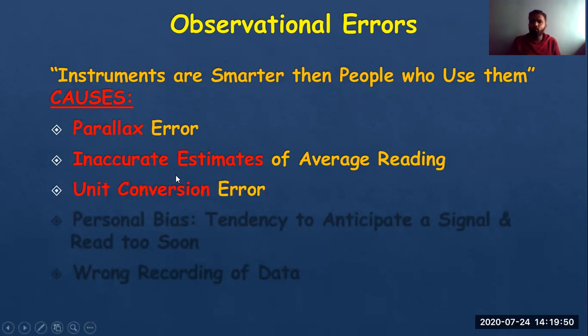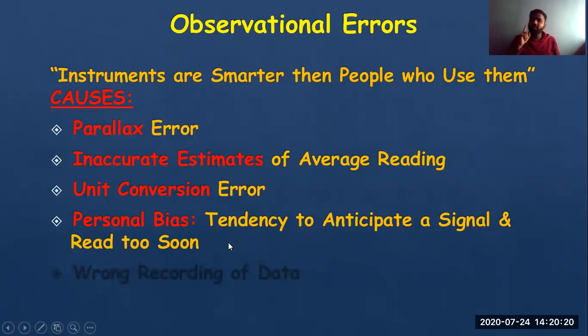This is one of the most common errors that comes in exams also. When we check the paper, we see these kinds of errors. Many a time these errors happen, and if we consider all the errors strictly, we might see that students are not even able to clear the exam due to unit conversion error. Suppose you have taken a reading in Fahrenheit, now you want to convert it into degrees Celsius, so you should know how to convert it. If such an error is happening, this is called unit conversion error.